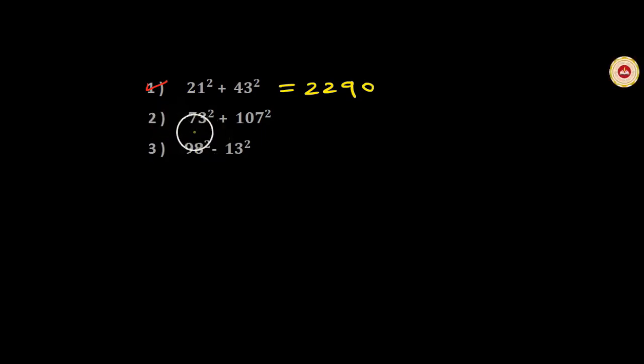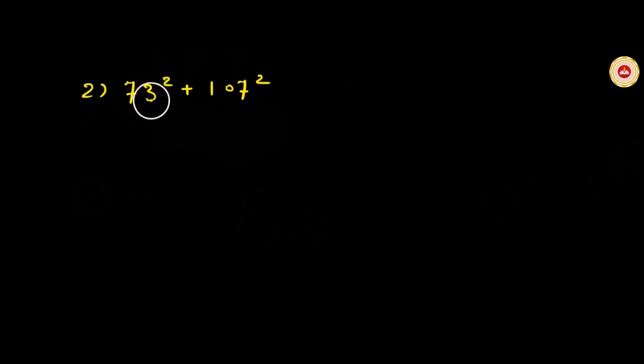Second example, 73 squared plus 107 squared. Okay, so friends, let us write the duplexes starting from the right side, right to left. Duplex of 3. Do you know friends what we are doing? We are calculating the square of 73 by using the duplex method and we are writing the answer in parts. So we have written duplex of 3 here.